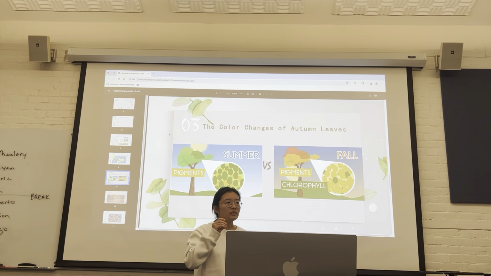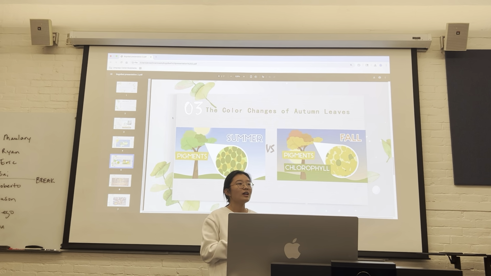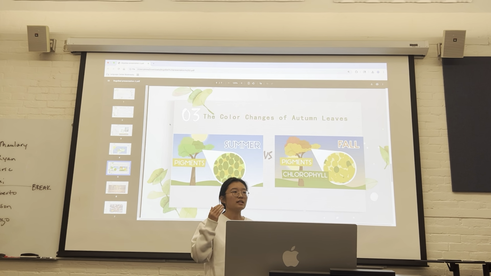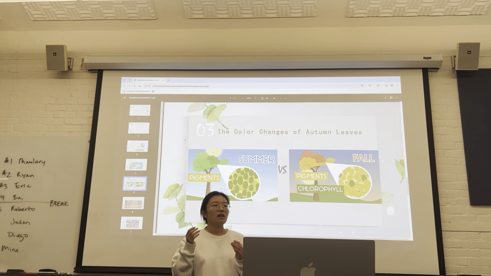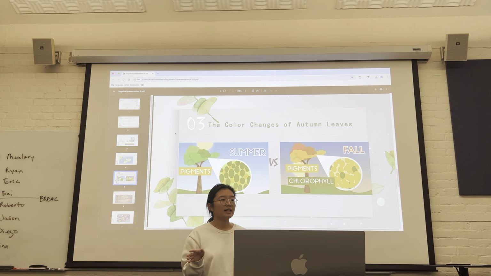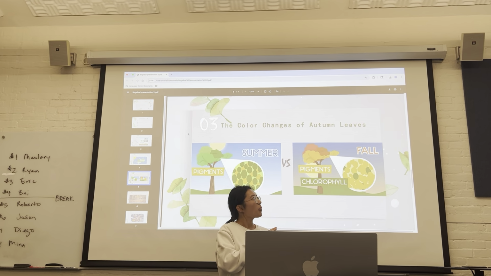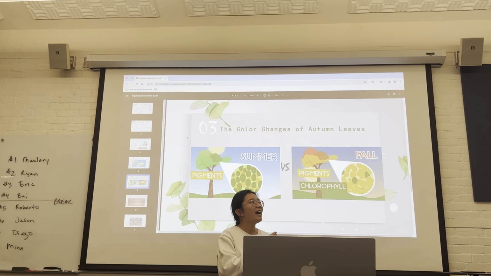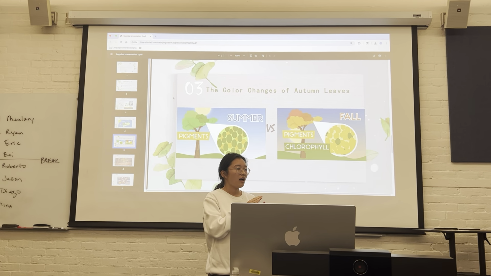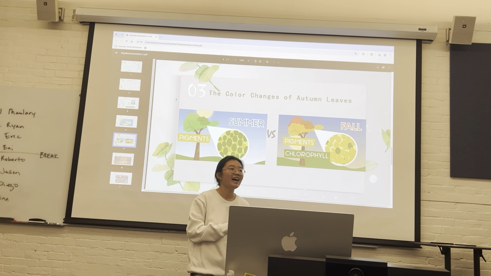So the chlorophyll, the pigment inside of the leaves that always makes the leaves show green in the spring and the summer, begins to break down, and the other pigments like the anthocyanin and carotenoid